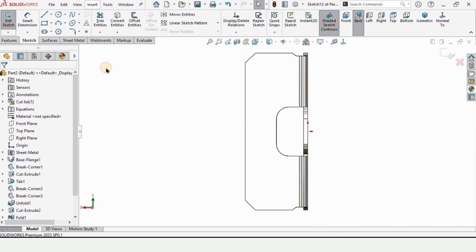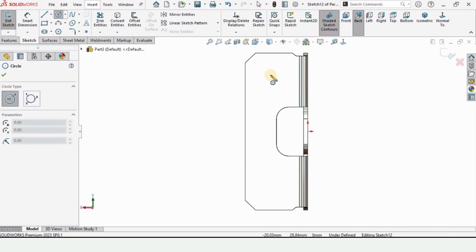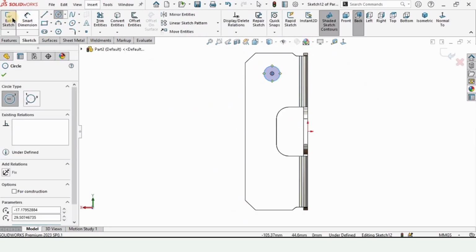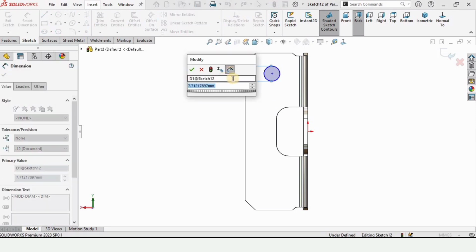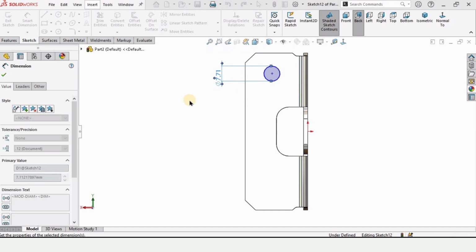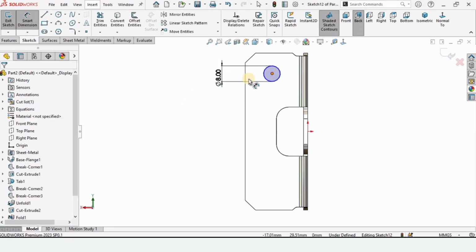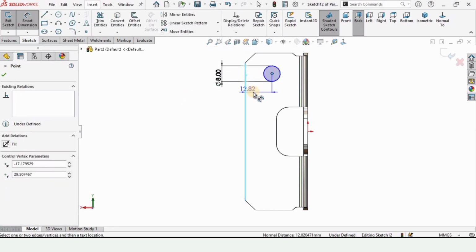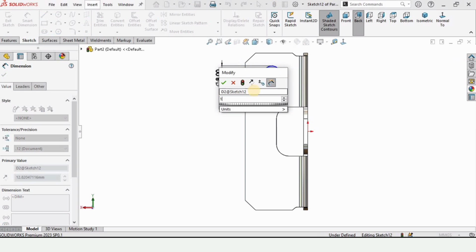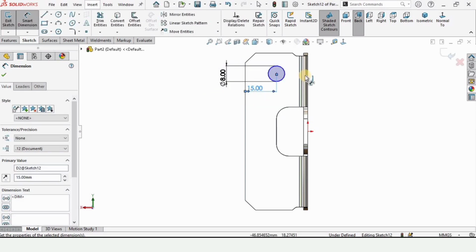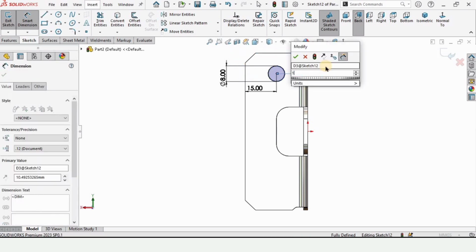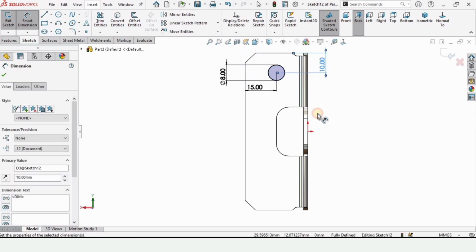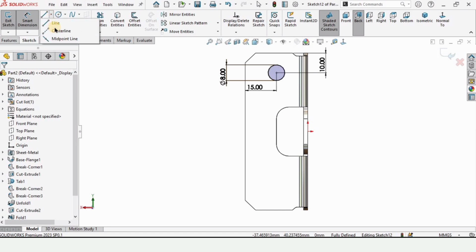Now select this face and click on sketch. We are going to make few holes, cut few holes. Specify the diameter as 8 millimeter, and now from center to this line specify the distance as 15, and from center point to the other line, here I'm specifying the distance as 10, and I want to mirror